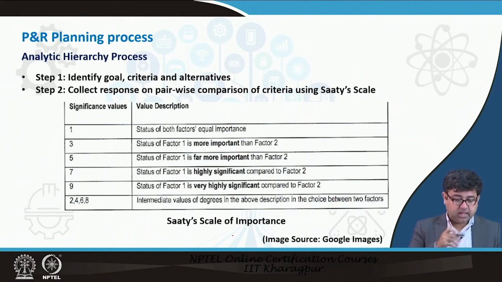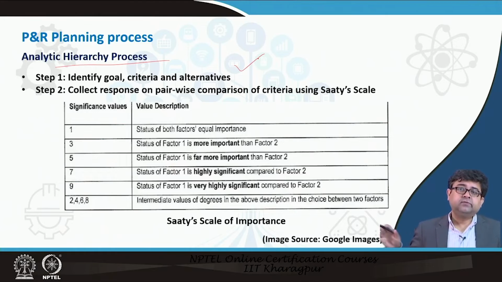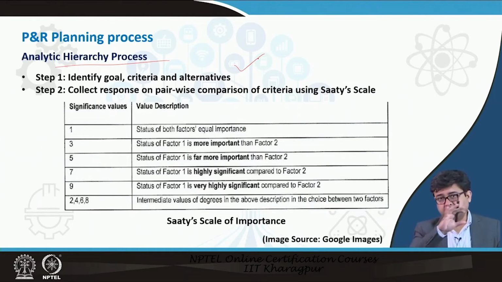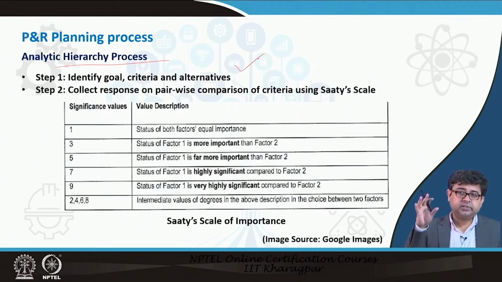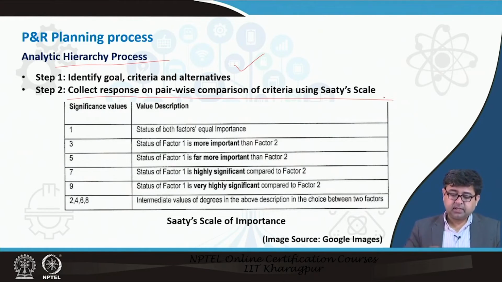So, for example, in step 1 of this AHP process, you have already identified your goals, criteria and alternatives. So, you know you have 3 sites from among which you have to choose, and there are these criteria that are common to some sites, these are specific to some sites. So, you have developed all your criteria, and then obviously the goal is to pick one site. What you do is you collect responses on pairwise comparison of criteria. So, on a certain 5-point scale or a 7-point scale or a 10-point scale, you rate each